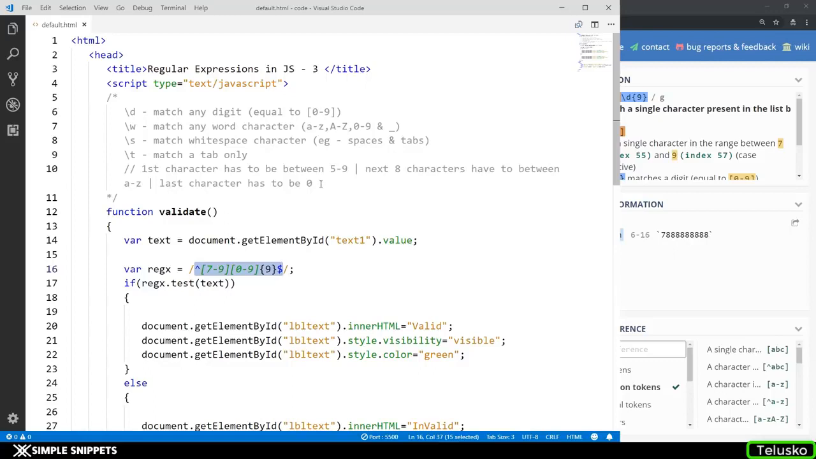So yeah, that's it for this video, guys. I hope you got an idea about how to validate mobile numbers using regular expressions in JavaScript, and we also saw some different special characters and how to perform repeat